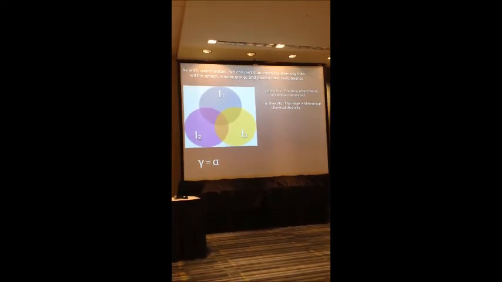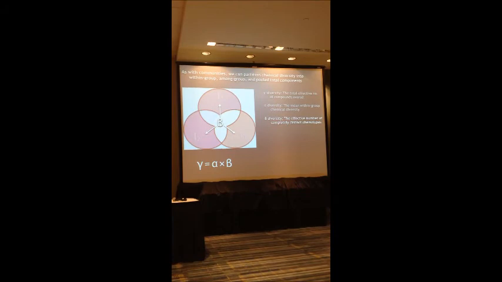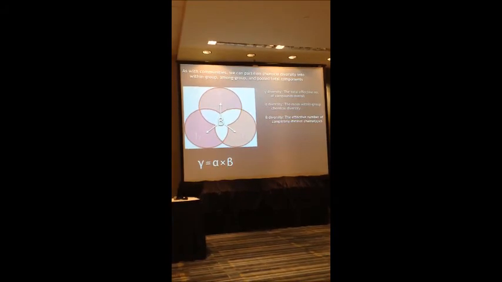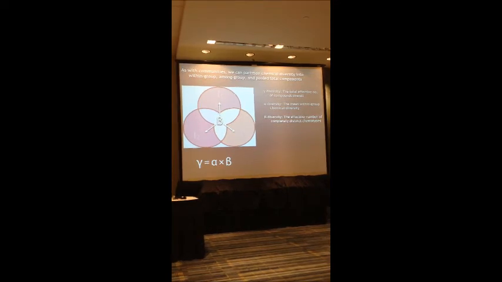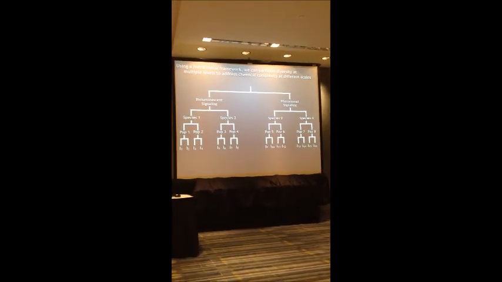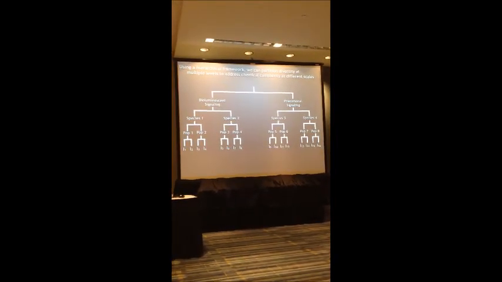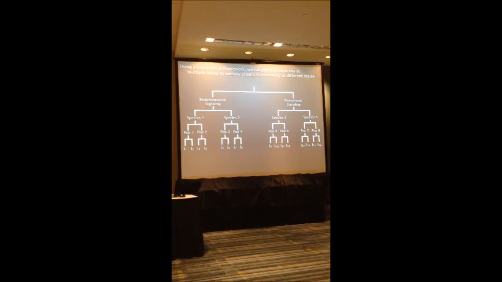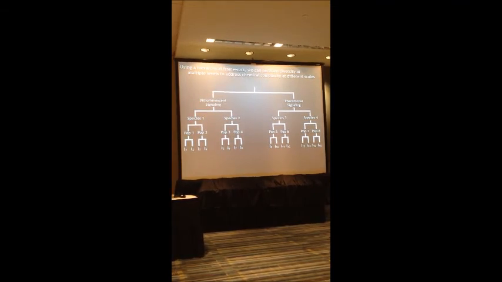Usually, we're also more interested in the among group component, which is beta diversity. And beta diversity, in this case, is the effective number of completely distinct chemotypes, completely unique chemical cocktails or chemical mixtures that we might find in the population. And we can partition this out multiplicatively or additively. Then, we can use a hierarchical framework to partition this diversity at multiple levels to address chemical complexity at different scales. So for this talk, because of time, I'm just going to focus there.